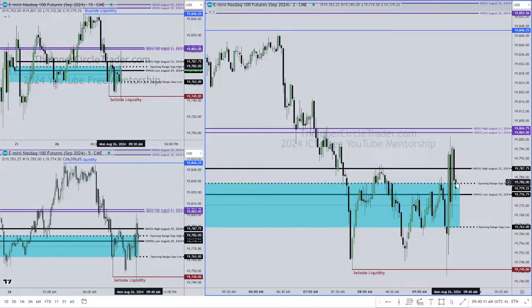Because we opened, again, a little unchanged. Little unchanged to me is less than 30 to 40 handles. So if it can't even muster a difference between previous day's settlement price and 30 to 40 handles beyond that or away from that at the opening bell at 9:30, I'm right away going to sit on my hands and wait till 10 o'clock. That is one of the things that I want Caleb to do,